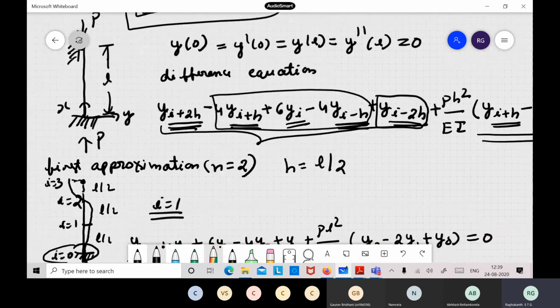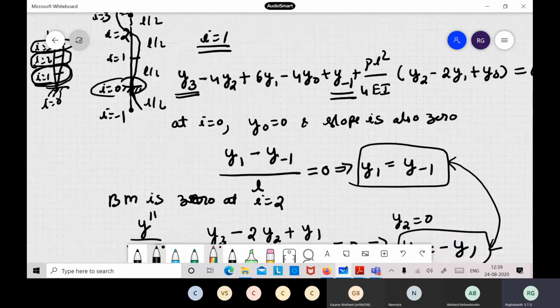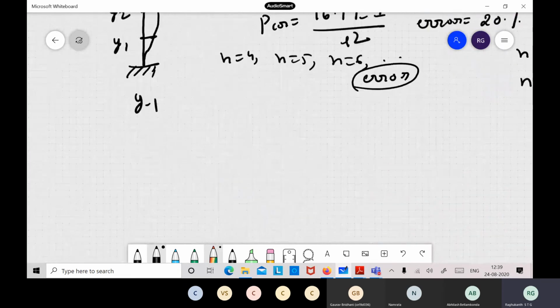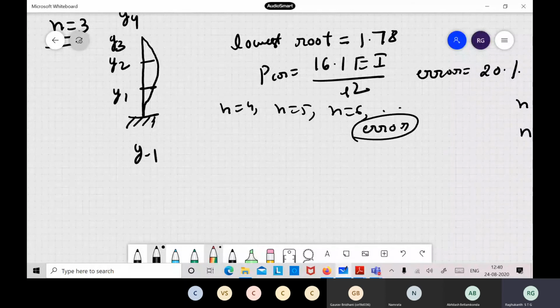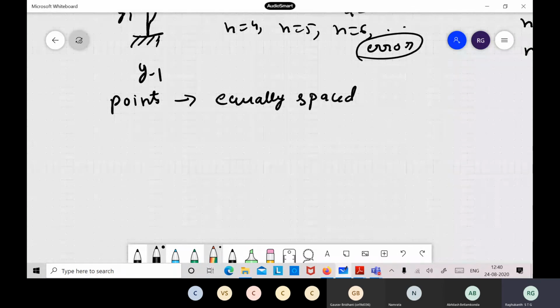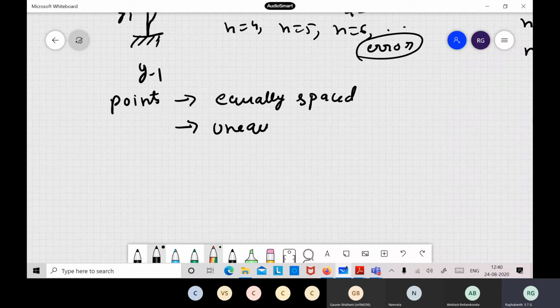The best way to understand finite difference is to write it in a small MATLAB code. If you can write an automated code where the input is n, suppose if we give 5, automatically it should give you the solution. This way you can try and solve many problems. Generally we take equally spaced points in finite difference, but sometimes you can do unequally spaced also. One can use it in practice.